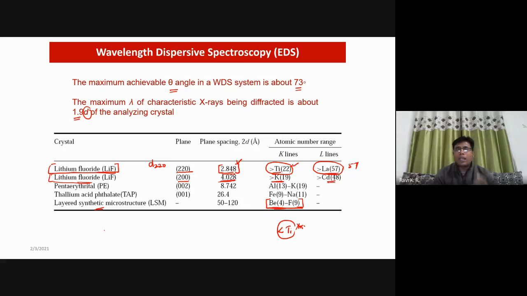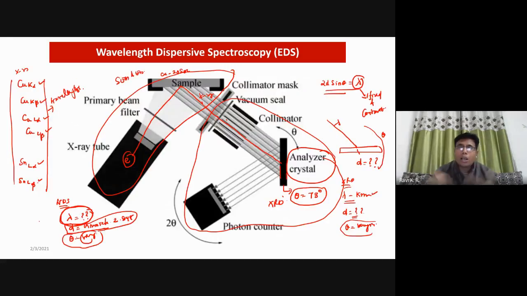That means with a single analyzer crystal, you are not going to get the whole spectrum that you are looking at. You need a minimum of 3 or 4 analyzer crystals working at the same point of time. For each analyzer, you have to run the 73-degree angle range. Only then will you finally get a particular spectrum. That is the reason it is going to take a lot of time. It's like you are creating 5 XRD machines inside an SEM. That is the difference. The space occupation, time consumption, initial cost investment, the overall process is much more tedious compared to EDS.